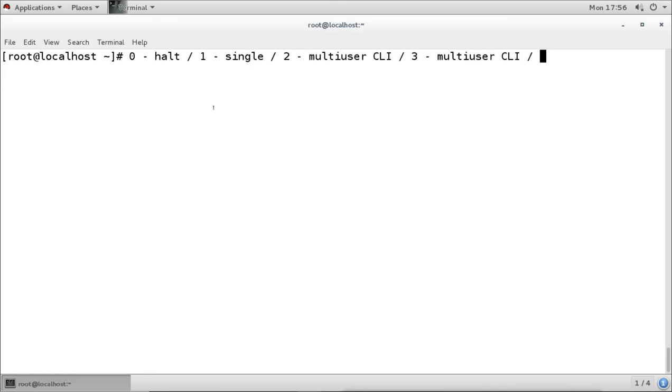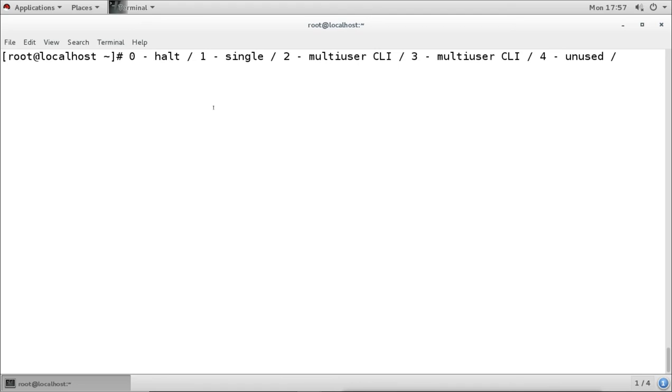Then there was run level 4, but it was unused. It was not used, and there is no option for it. Then run level 5 was for the full graphical GUI for the user. So run level 5 was for graphical.